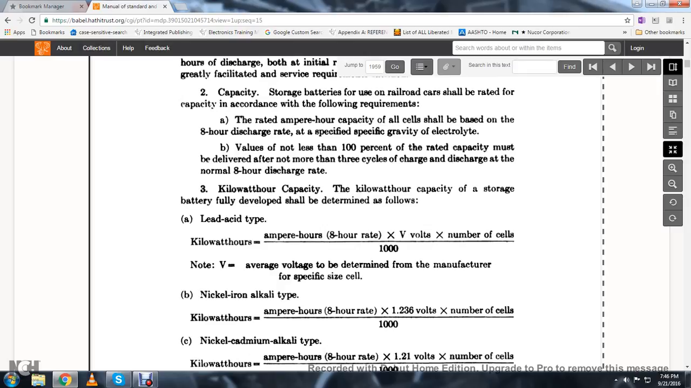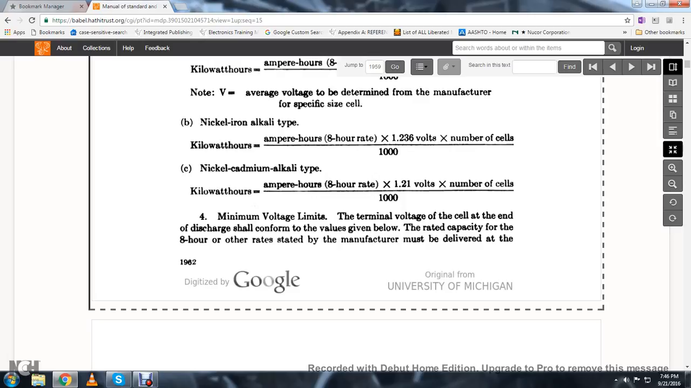Kilowatt-hours is equal to ampere-hours at the 8-hour rate times 1.236 volts times the number of cells, divided by 1,000. For the nickel cadmium alkaline type, the kilowatt-hours is equal to ampere-hours at the 8-hour rate times 1.21 volts times the number of cells, divided by 1,000. For the minimum voltage, the terminal voltage of the cell at the end of the discharge shall conform with